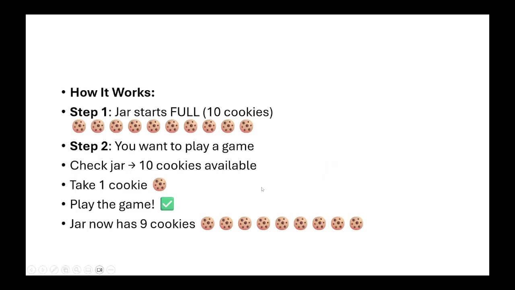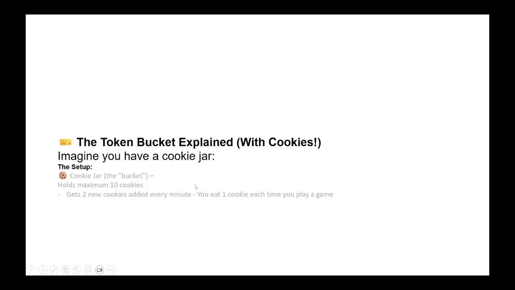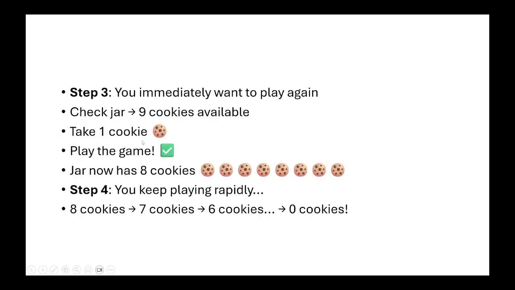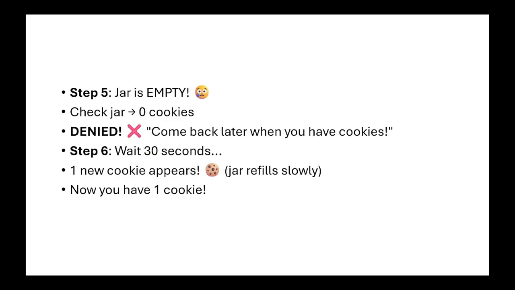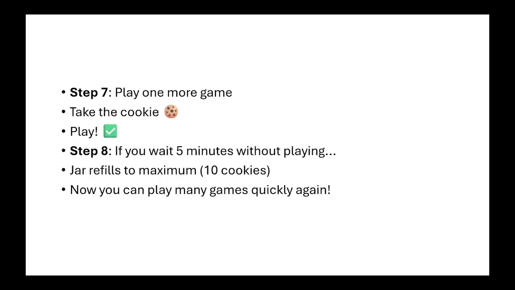But we have a condition here that we get 2 cookies every minute. So to empty 10 cookies you need 5 minutes, and every 2 minutes you get a new cookie. So here you need to wait some time till you have a cookie once you have exhausted all the existing cookies. So after waiting for some time, when the cookies arrive or appear again, you can just take it out